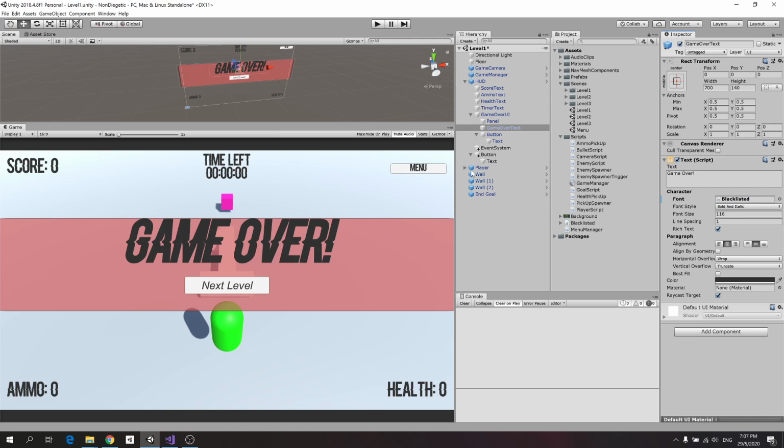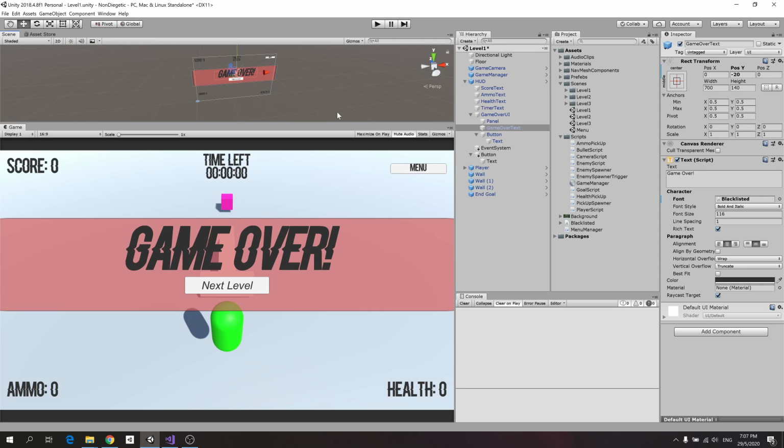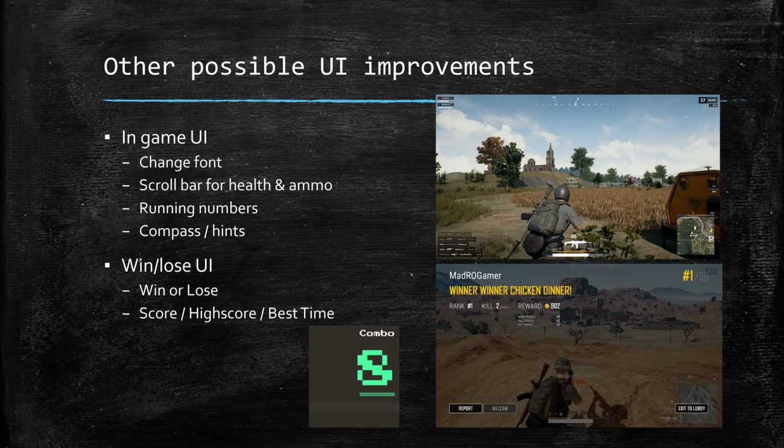Okay. But of course, every time you change the font and so on, you may need to reposition your text a bit. Okay. Right. Always remember to save your work. Yeah. Right. So other stuff you can do is, instead of numbers for your ammo